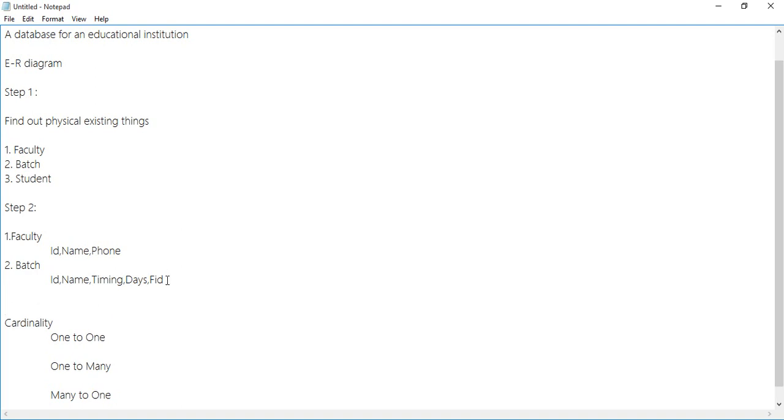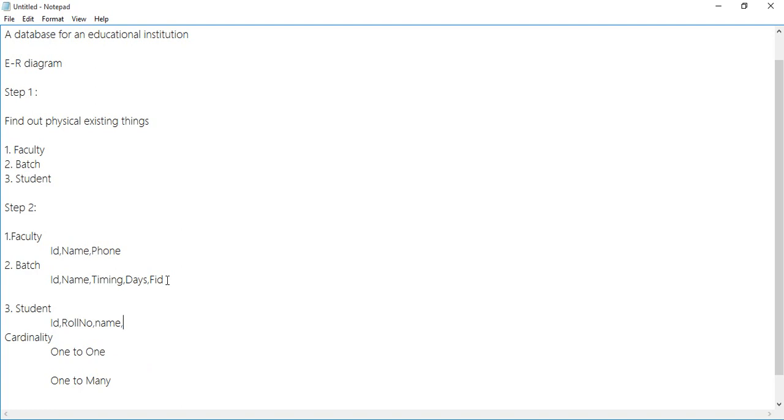After finding the attributes, the third thing we have is the student. So what are the details of the student? Let's say the ID or the roll number, whatever you want to call it, and then the name, and then the class. And now look,